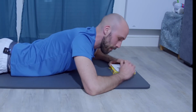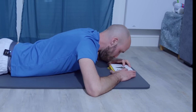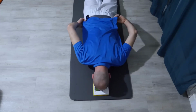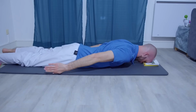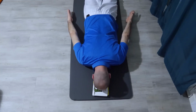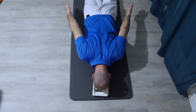In my opinion, gravity is more than enough. Let's go with the last strengthening exercise. Again, support your head. This time we're going to place our arms on both sides of the body, stretched out. Place your hands perpendicular to the floor with your thumb resting on the floor approximately at a 30-degree angle to your body. And from there, close the shoulder blades to start and then raise your arms a few centimeters off